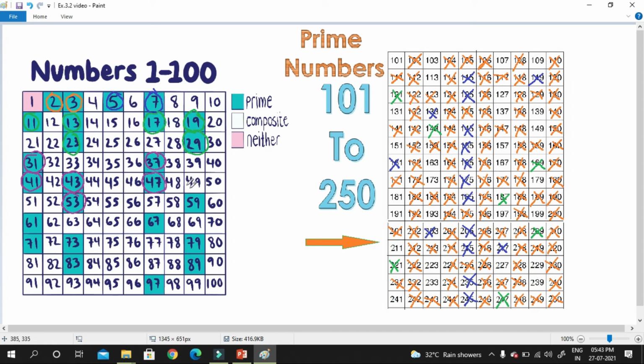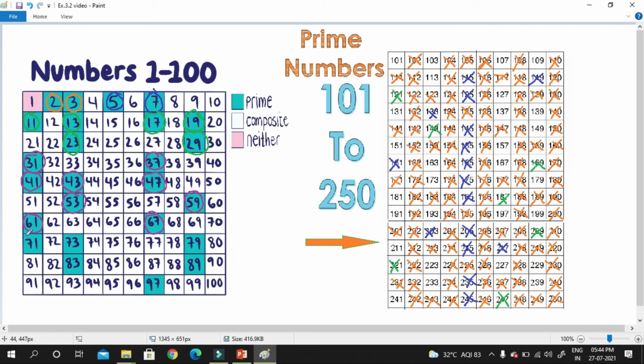Multiples of 59. So 118 done, 177 done, 236 done. Then multiples of 61. 122 done, 183 done, 244 done. 67. 134 done, 201 done.